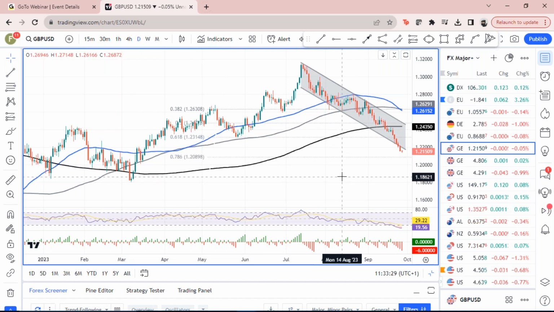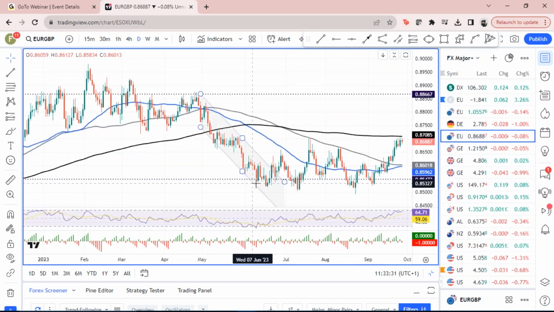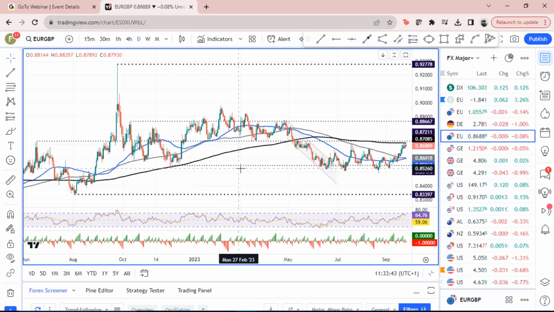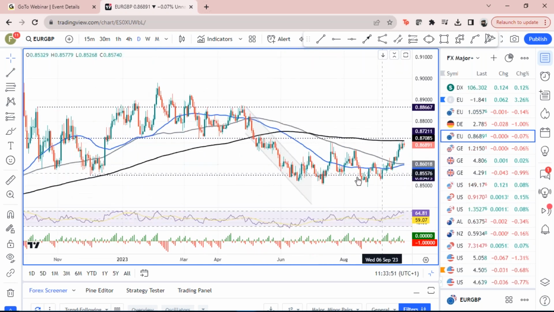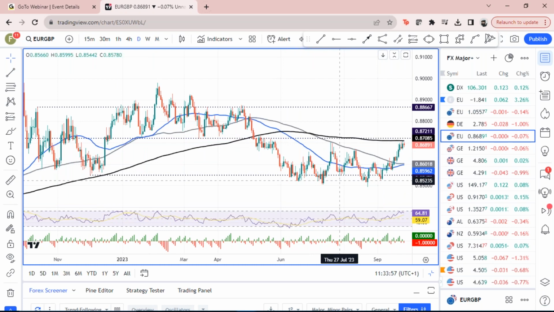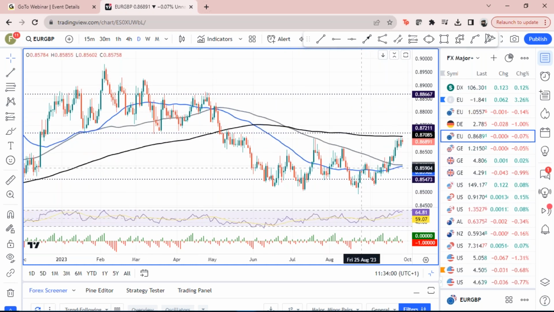That is cable. I think also we'll just point out euro sterling, getting to a point I have noticed on the chart. This base developed around the December low from last year, around 85.55. You can see that held more downside in euro sterling, so a base developing quite nicely, and then we pushed up now to the 200-day moving average. That's at 87.08, which kind of tallies with these mid-July highs at 87, around there.